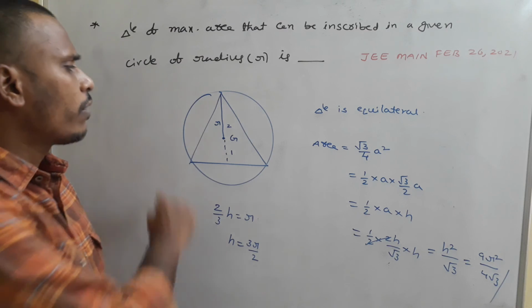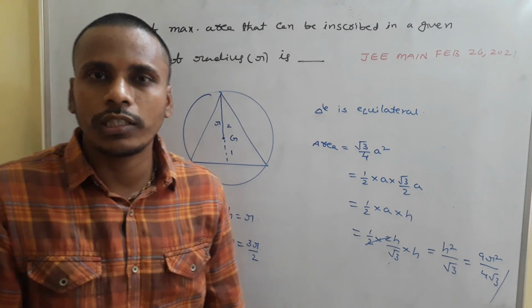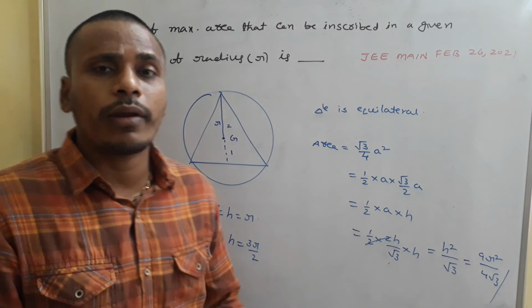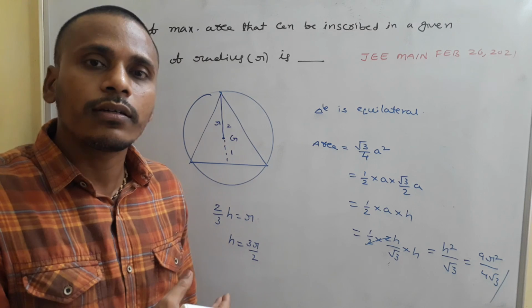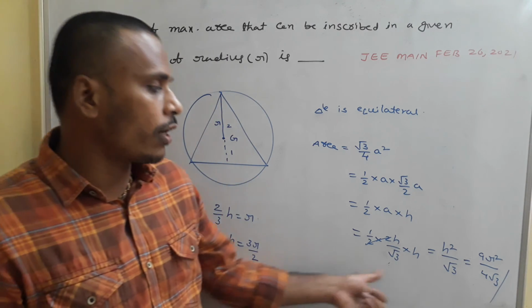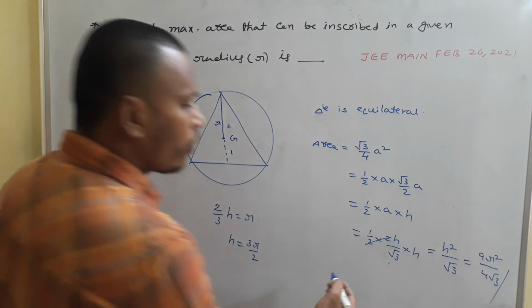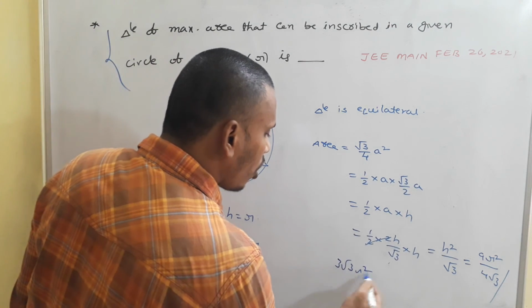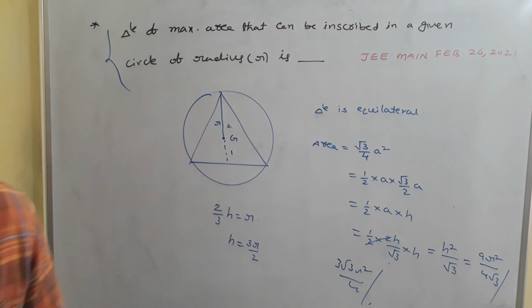Okay, so for these types of problems, no need to solve completely using the concept of maxima and minima. You just try to memorize it. If you inscribe a triangle in a circle, the triangle area is maximum if it is equilateral, and if it is equilateral, we will calculate area in this way, or you just memorize this area, no problem. Okay, so if you simplify it, you will get 3 root 3 r square by 4 as the maximum area. Okay, that's the problem. This is another question related to maximum and minimum from February mains 2021.